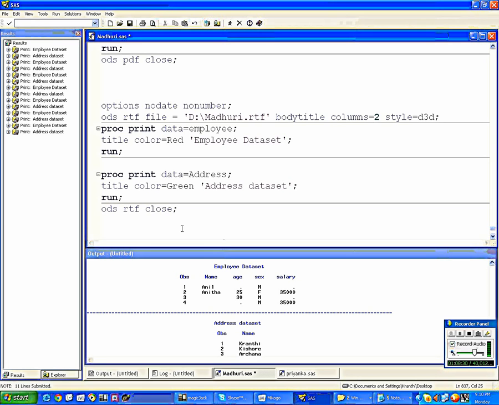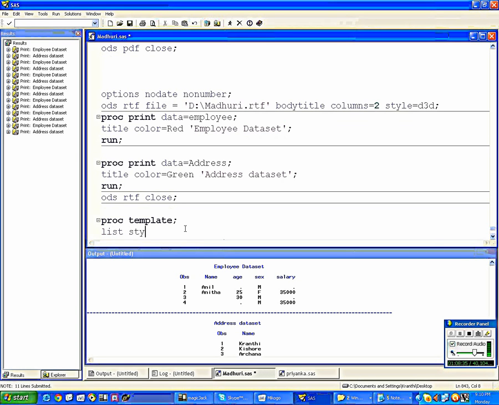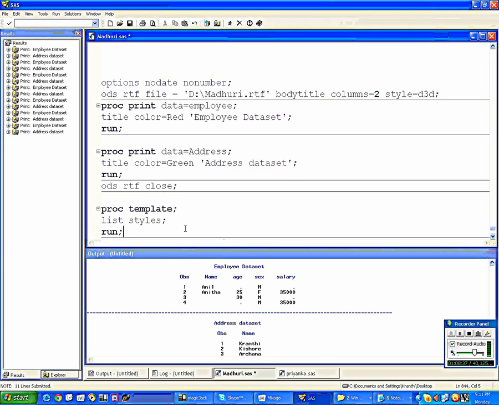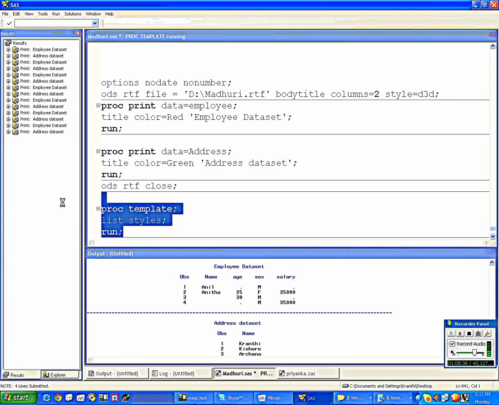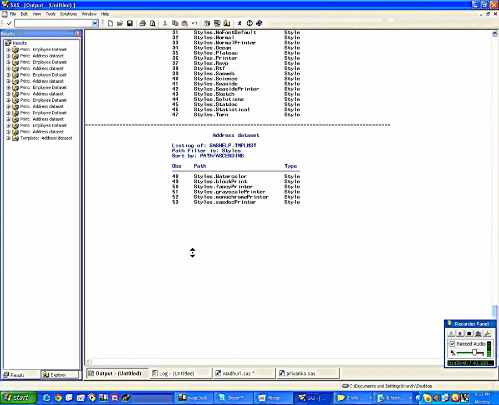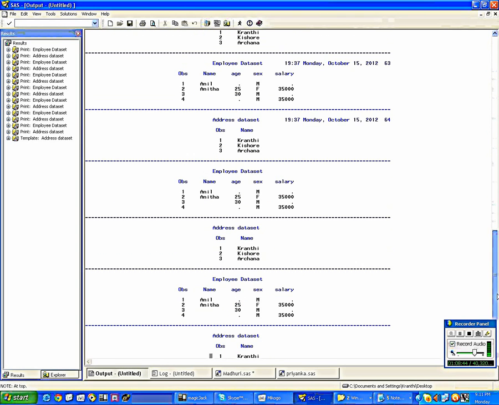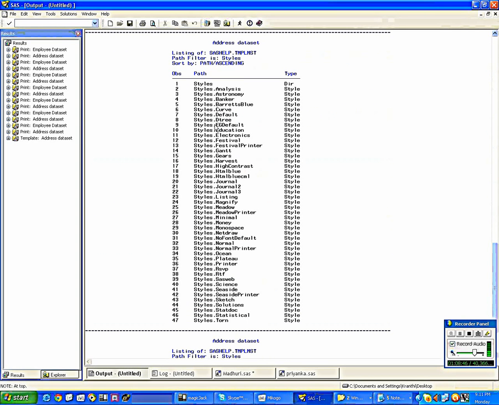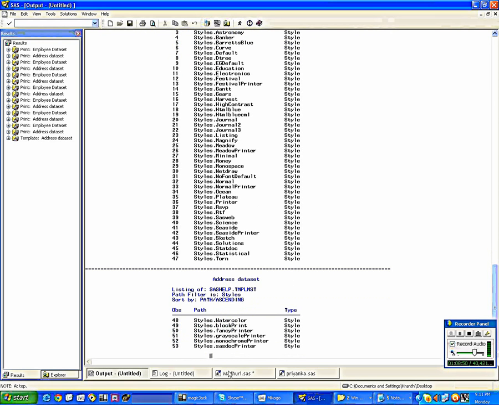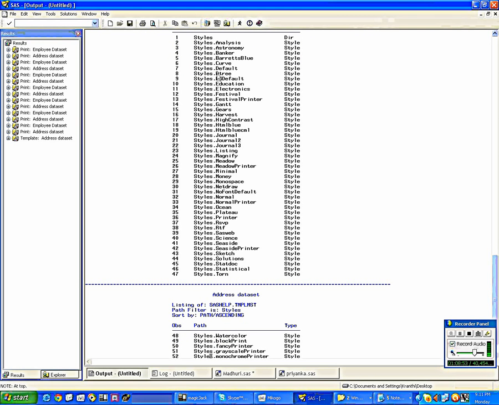Right? Then, if you want the list of the styles, you can use the procedure: proc template, list styles, run. Submit it. See, in the output window you can see different styles. Just now I used the D3D. What is its style?